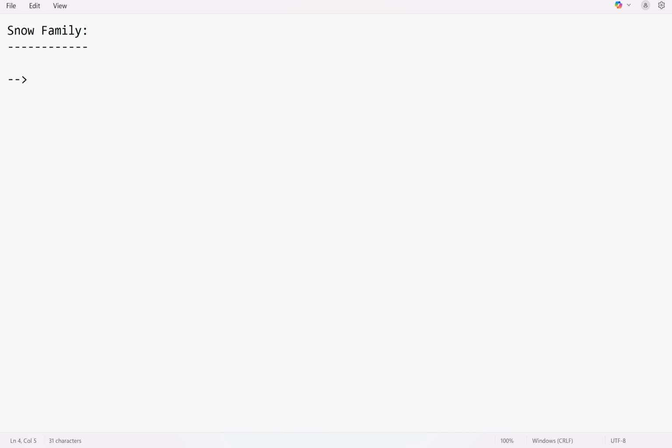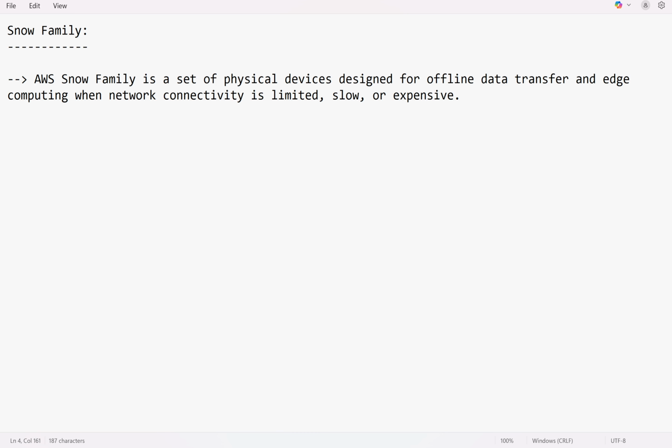But what if they have huge data to be migrated from office to the cloud or from cloud to the office? They can't rely on the internet. In that case, they can use this Snow family service. In simple words, whenever you want to migrate a huge amount of data, or move it from office to cloud or cloud to office,